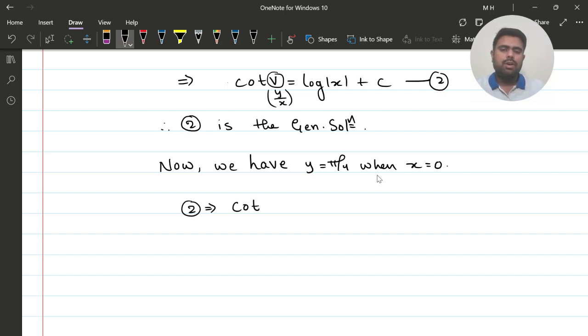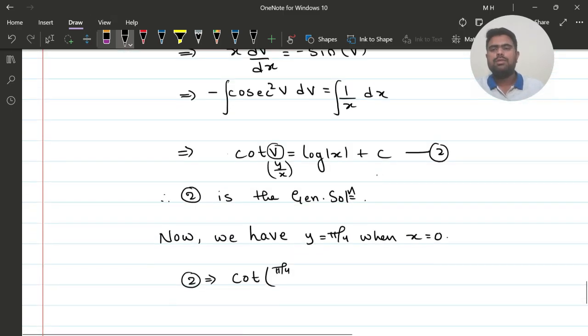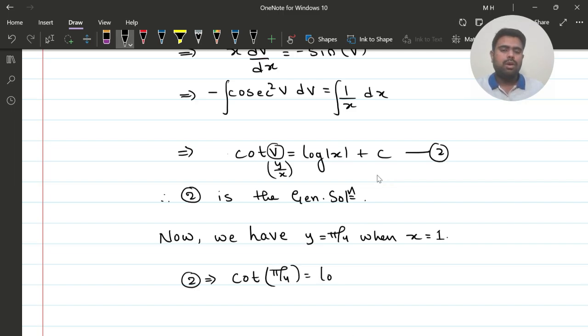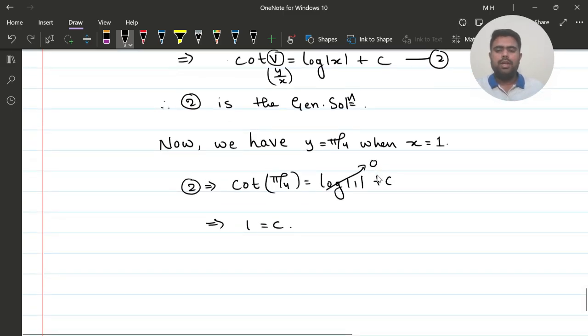So we'll get cot of pi by 4 by 0. Pi by 4, no, I think not 0, what they have given, when x equal to 1, I'm sorry. So pi by 4 divided by 1 is pi by 4, so I'll put pi by 4 equal to log of x equal to 1 plus c. Log 1 is anyway 0, so cot pi by 4 is 1, therefore c is equal to 1. Hence